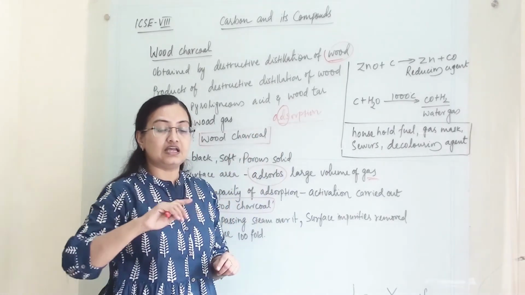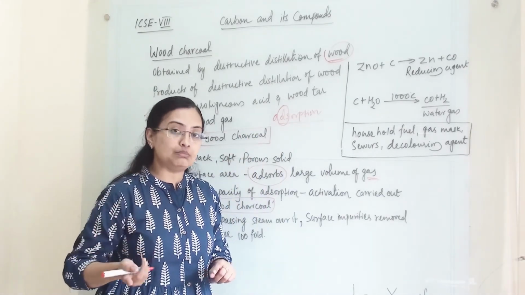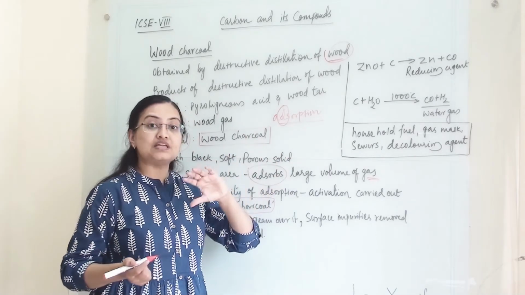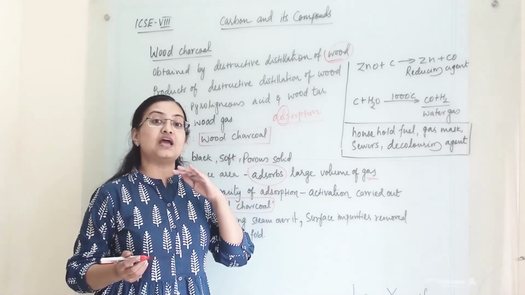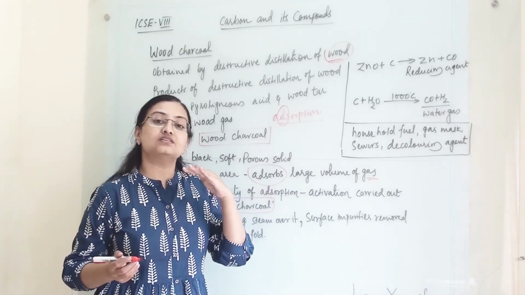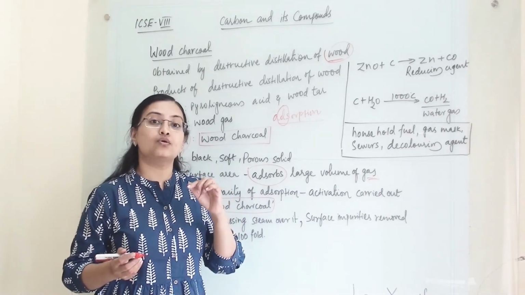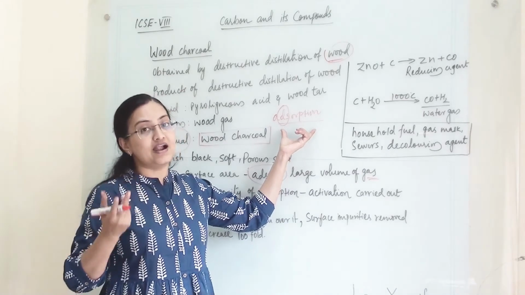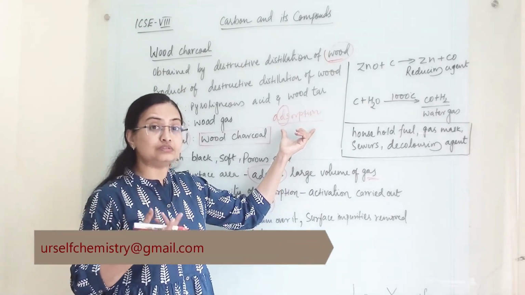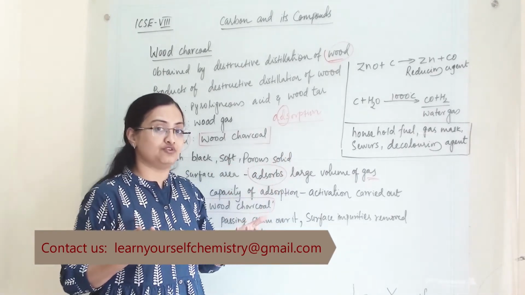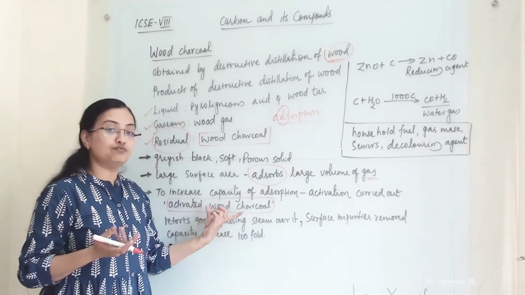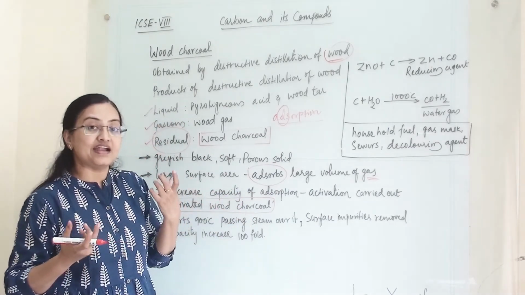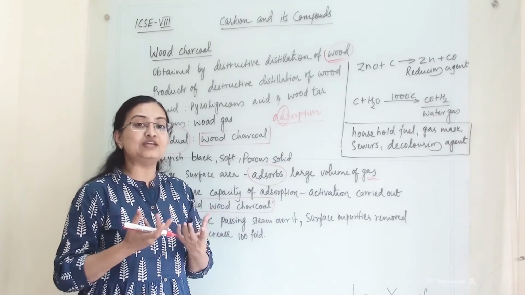This is D, and in absorption we are using B. So adsorption means the material has been absorbed only till the surface layer. It has not gone till the core. So that phenomenon is known as adsorption. So this adsorption is a surface phenomenon. So this activated wood charcoal has the adsorption capacity for any poisonous gas.